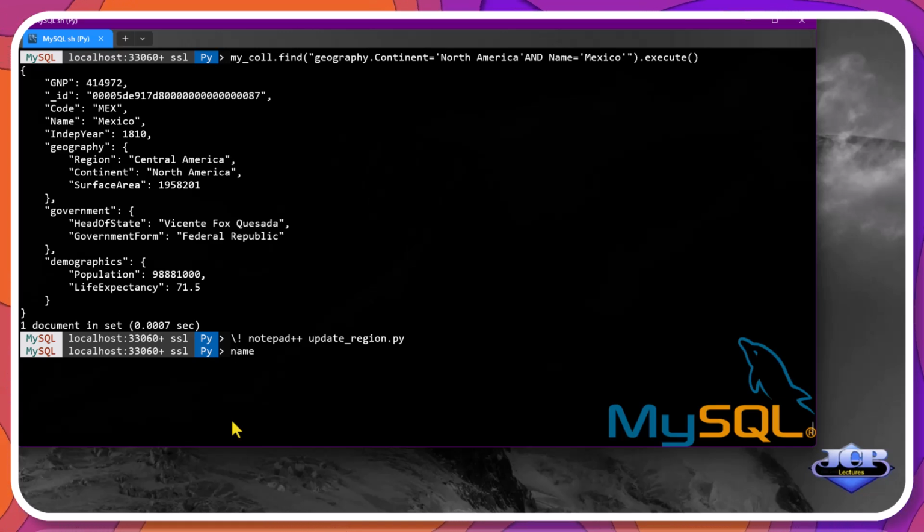Now to alter the content of the document, we need to set the keys that we want to change with new values.